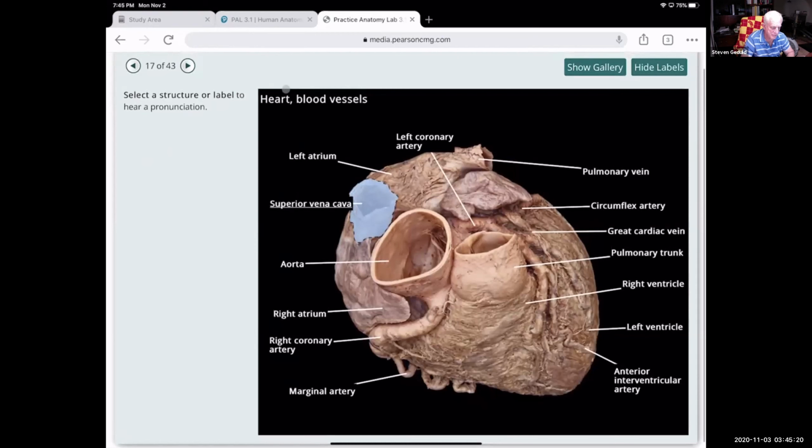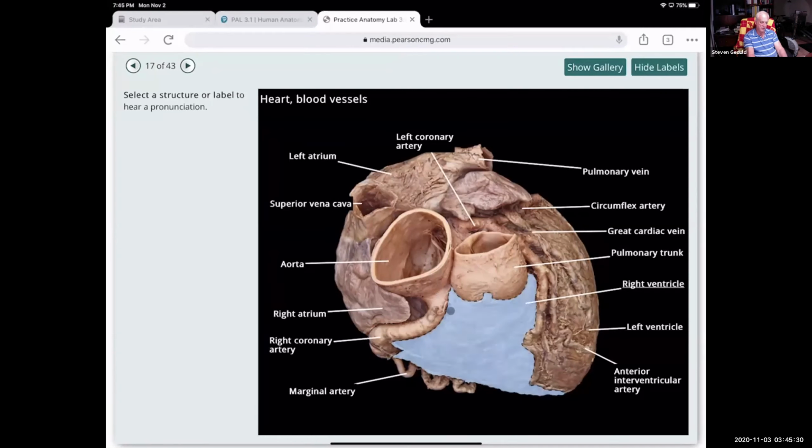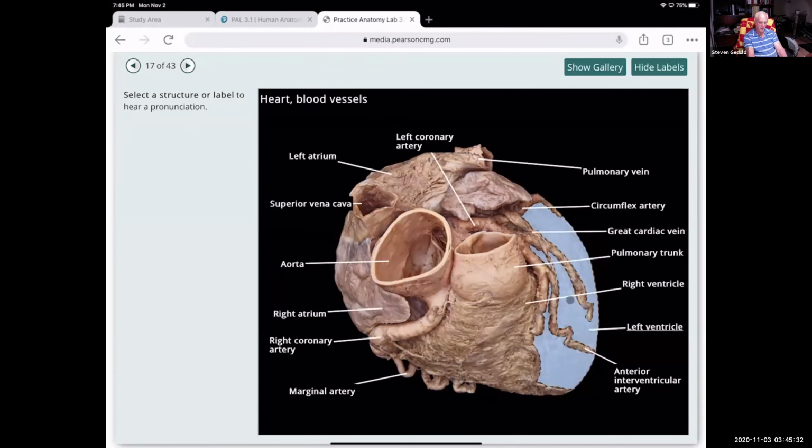Messes everything up. All right, left coronary artery and right coronary artery. Those are the two main arteries that supply blood to the heart. This is the right side of the heart. This is the left side of the heart. This big thick artery right here is the left coronary artery, and then the right coronary artery. The left atrium, the superior vena cava, aorta, the right atrium, the right coronary artery,